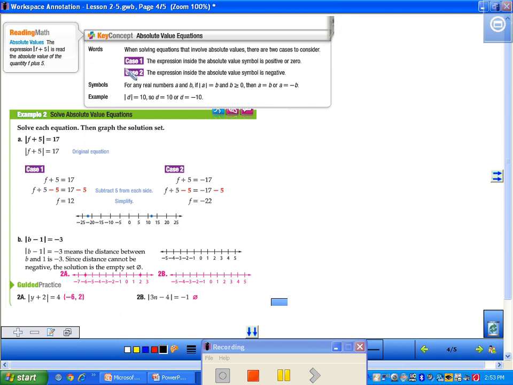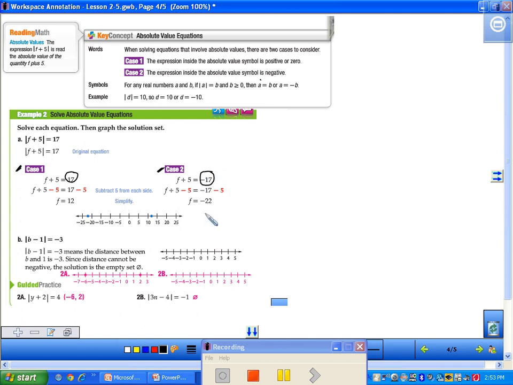Again, your textbook gives you the key concept box, which outlines how to find the solution to your equation. Let's look at example 2. It says solve each equation, then graph the solution set. For the purpose of the video, we're not going to focus on graphing just yet. I want you to work on case 1 and case 2, solving the equation for both cases. The first thing we're going to do is write it as if it was a positive. You notice this is a positive 17. Then case 2 is in a